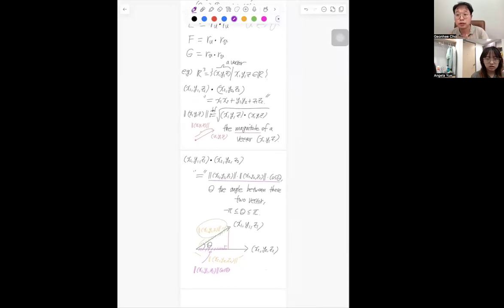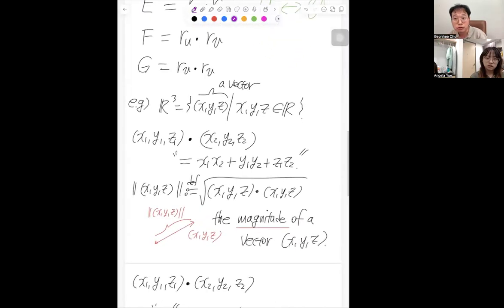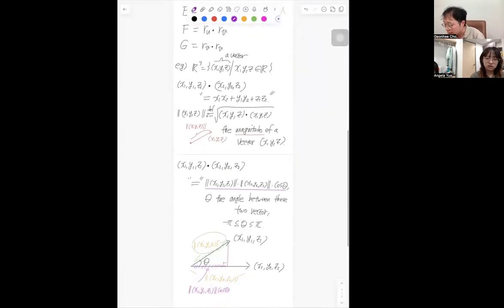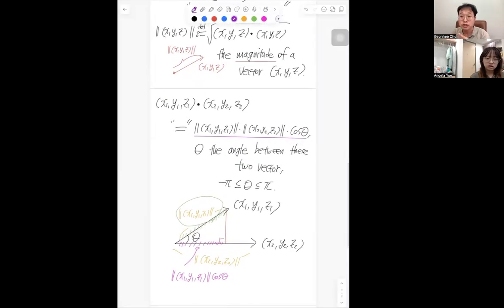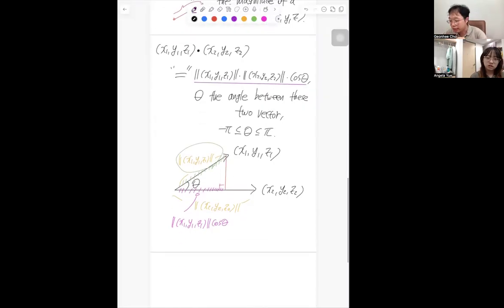This is the most important computation eventually: if you have two vectors, then equipped with the dot product, what can you do? You can measure the magnitude of each vector. Is it okay with you? You can measure the magnitude of each vector by just looking at this definition. And from this description of the orthogonal projection, we also know the angle between two vectors. So if I say precisely,